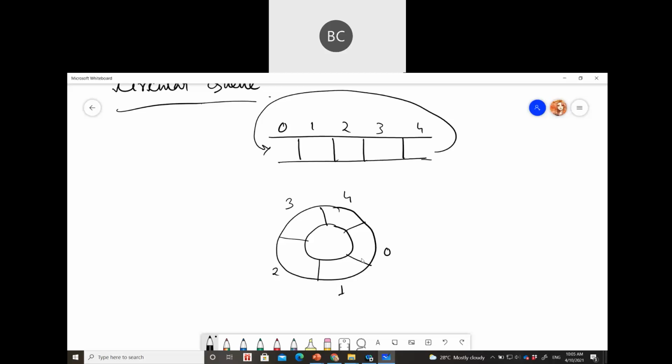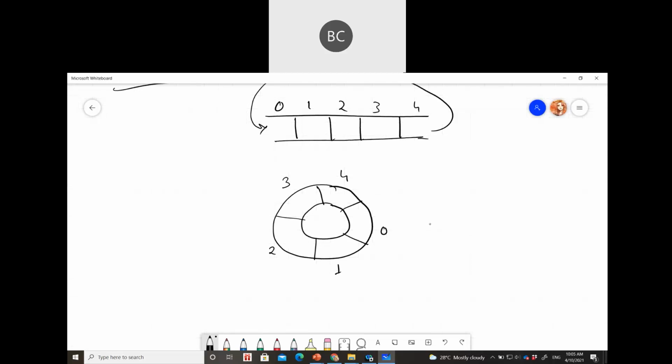Now, if you want to add something, initially front and rear will be at -1. Now you want to add something. Suppose this is the rear, and this is the front. Now front equals 0 and rear equals 0 at this position. Now you want to add something more, so you will increase the rear.